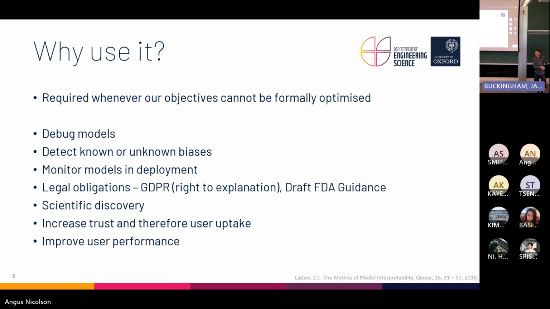I think some people alluded to this in their answers: increasing trust, trying to make people happier with using these algorithms. This is another problem with medical imaging. Deep learning's been around for a while now. It's being used quite a lot in general business and so on, less so in medical stuff. And maybe part of that reason is because people don't trust it well enough to use it in high-risk scenarios. If we can explain them, maybe people will trust it more, people will use it more, and you can have better outcomes. Or even, and I'm going to talk about this more later, can you improve user performance?